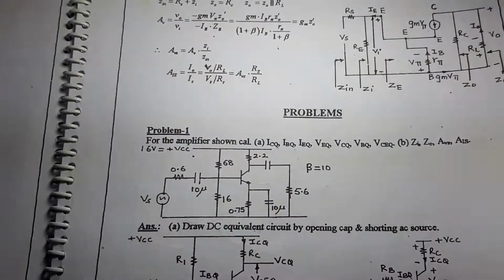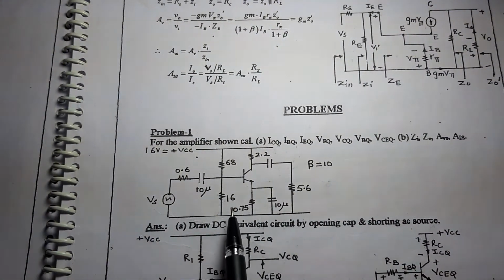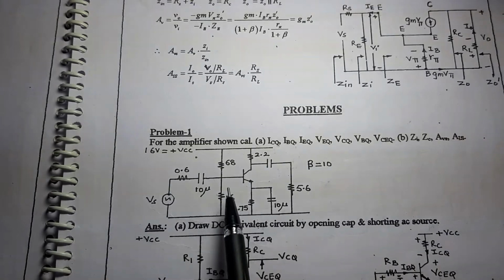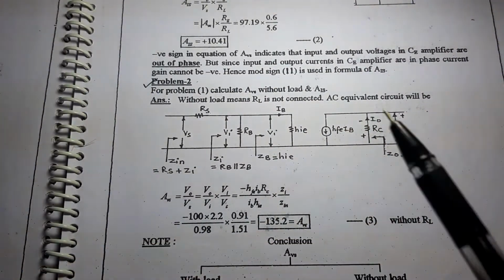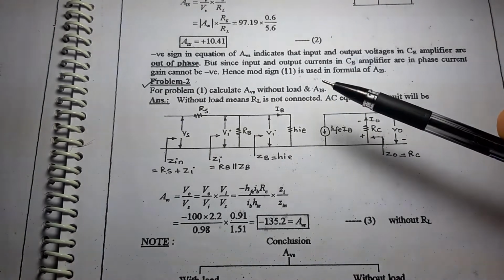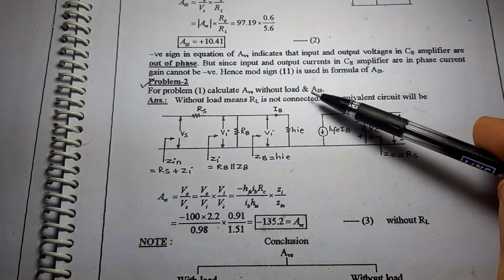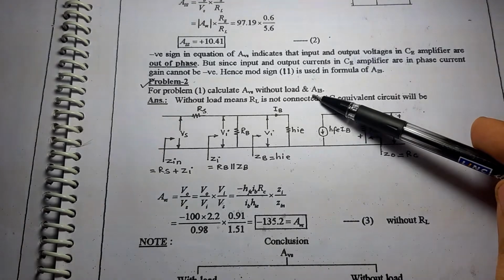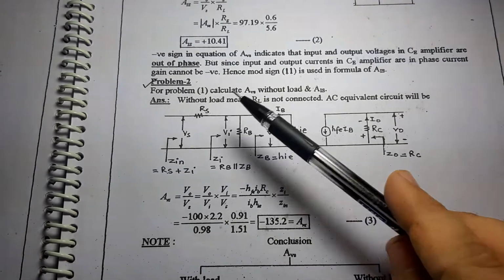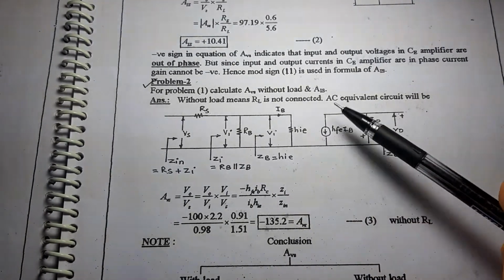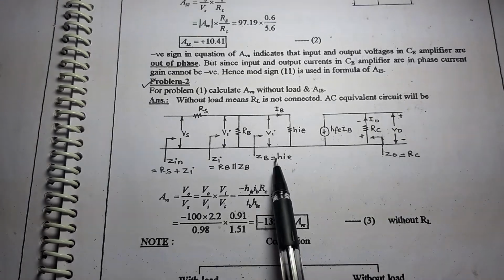Now just to give you a gist, this was the numerical that we were focusing on in the last lecture. The same kind of numerical, but with some different expectations, is being asked. For the previous problem, calculate your AVS without load and AIS. That means without load, your RL is not connected, and your AC equivalent circuit will look something like this,